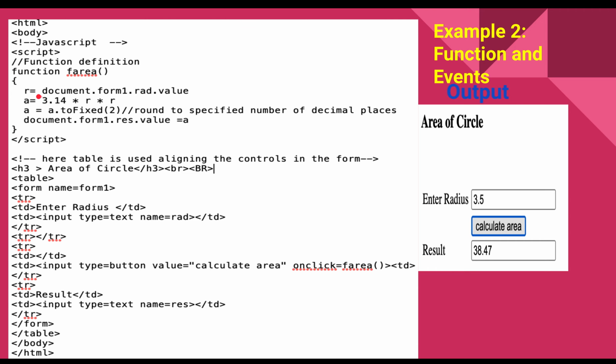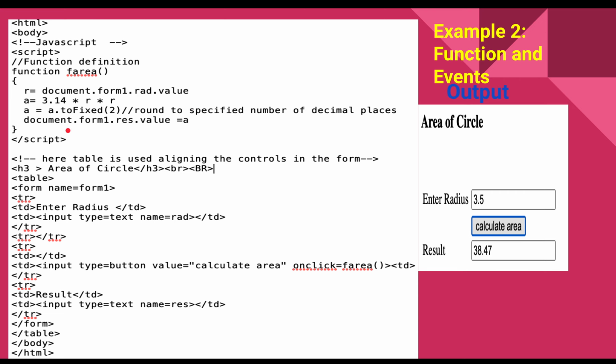Okay, so R will be assigned the value what you enter in this text box, and then calculate the area of circle by using pi r square, that is 3.14 into R, and then I use here a built-in function, that is toFixed, which is used to round to specified number of decimal places.